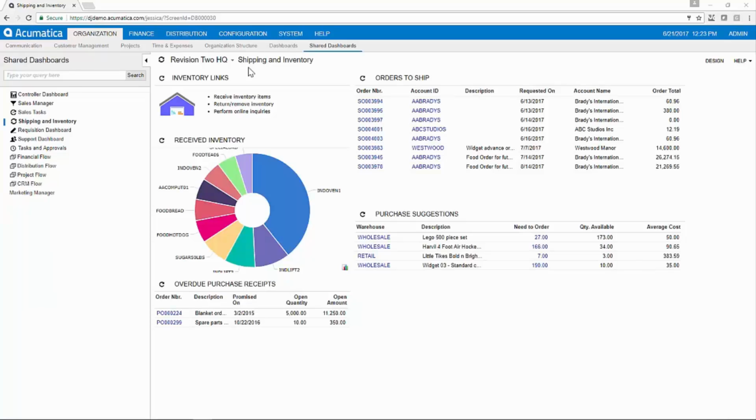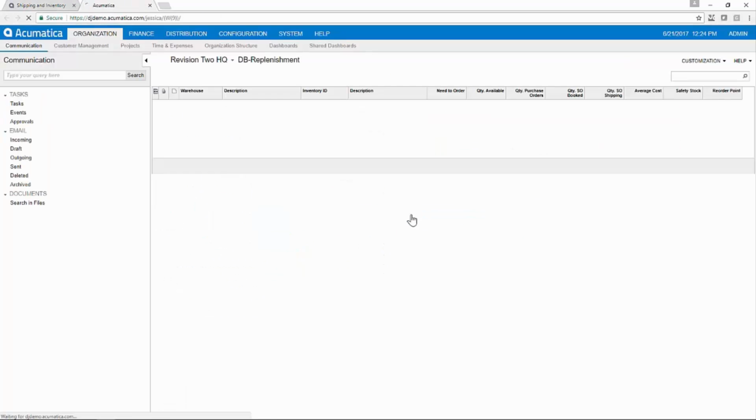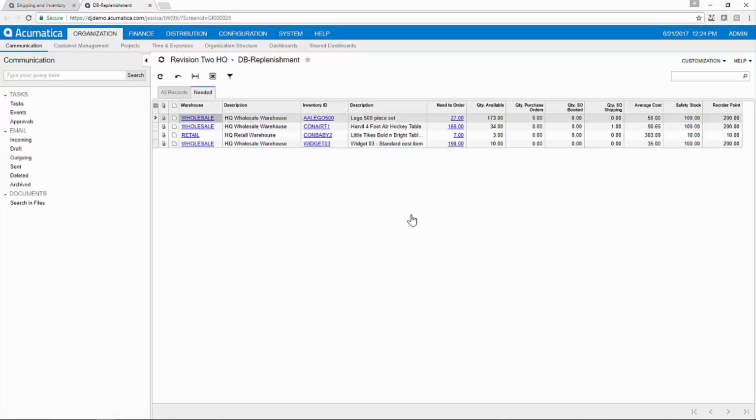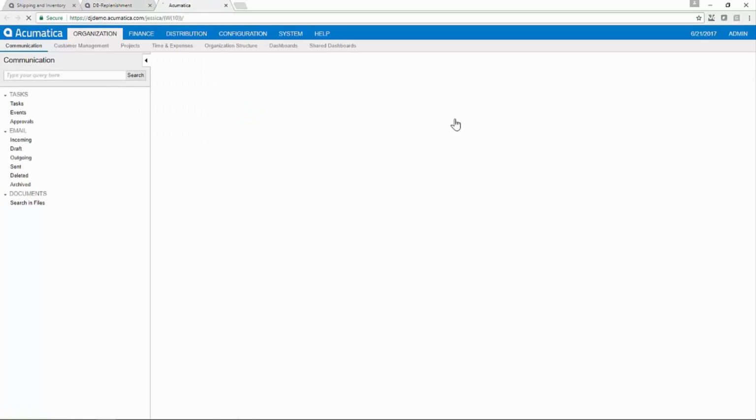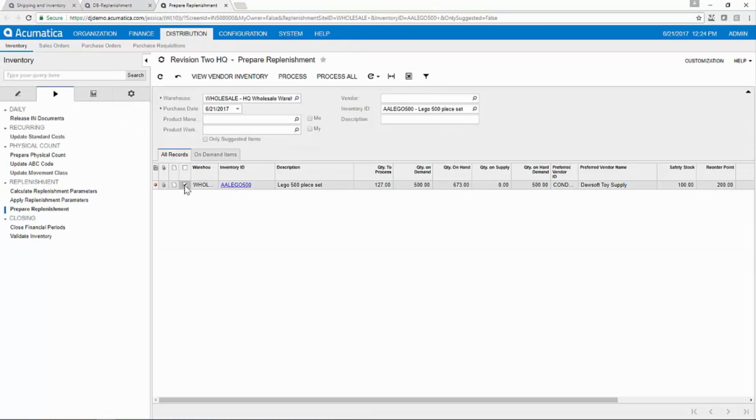From the dashboard of a supply chain or shipping and inventory manager, you will see a number of purchase suggestions based on the reorder points we saw a moment ago. I can drill into those purchase suggestions to begin the replenishment process. I can manually enter a purchase order, or I can drill into the amount of items that needs to be ordered. The system will suggest the items and the vendors to purchase from, and then we can process to prepare